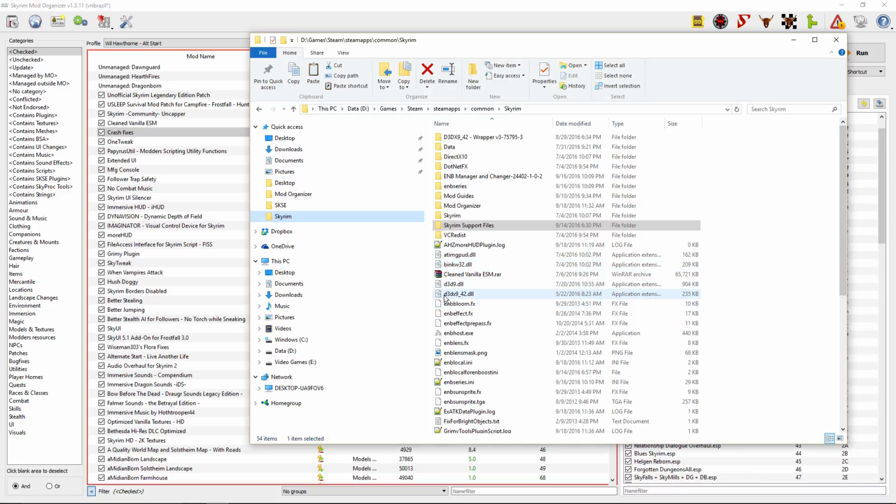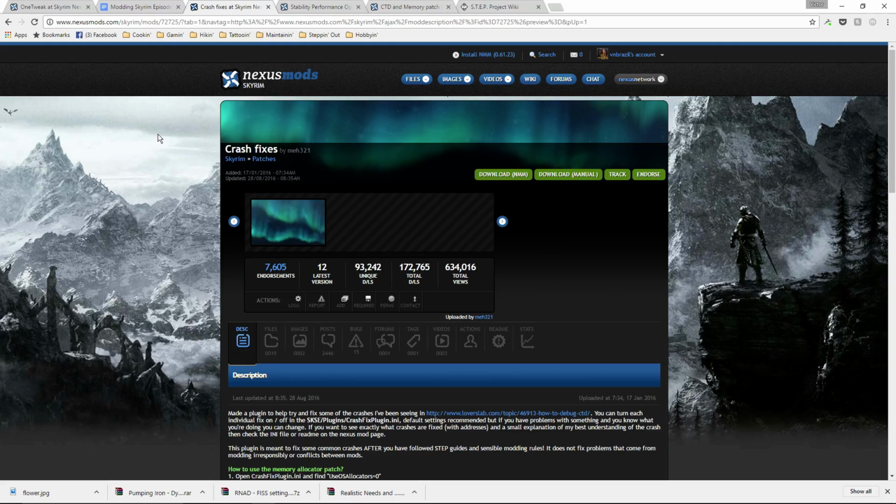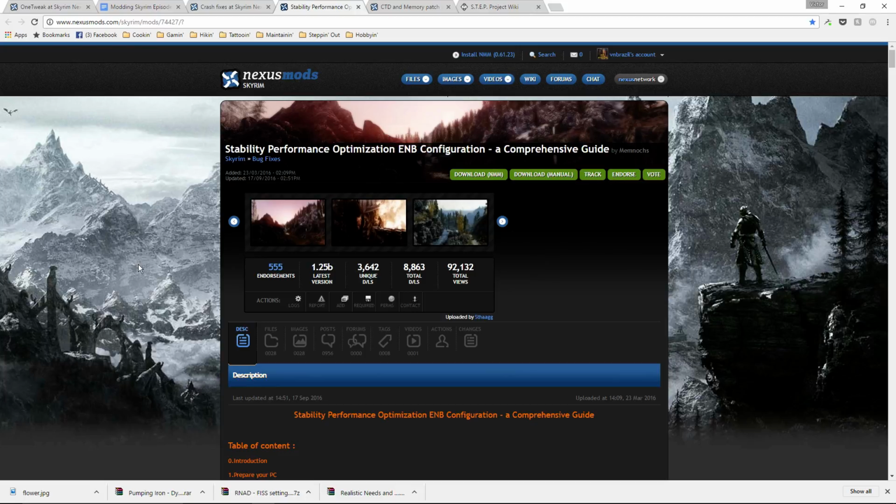So this preloader should be in your root directory, and once you have that done, and you follow the instructions on a page I'm going to show you, a lot of this type of crashing will go away, or be trapped and not have to worry about it ever, even if you didn't have them. This page here, which I will also link below in the description, Stability Performance Optimization ENB Configuration, a comprehensive guide,